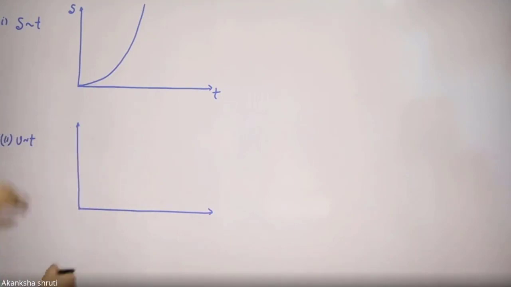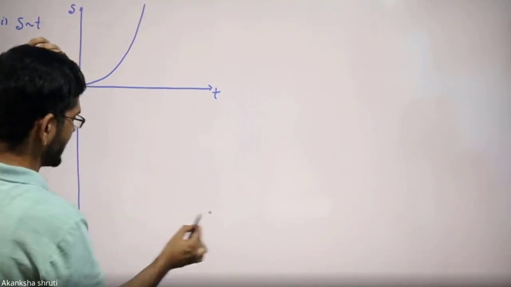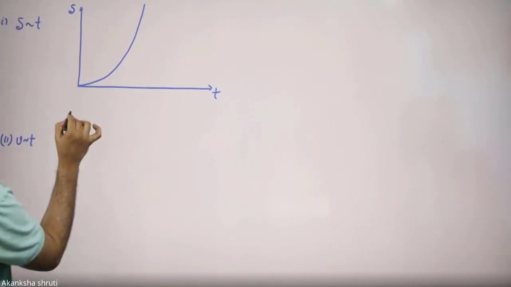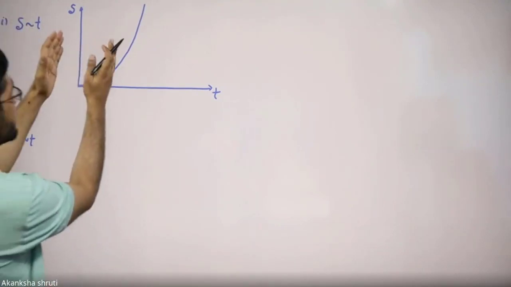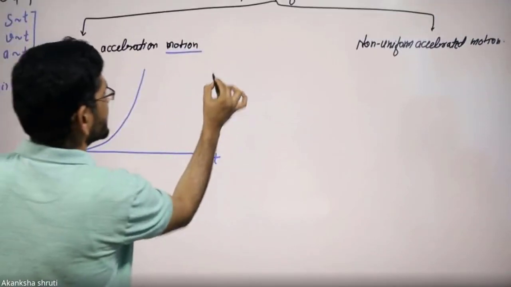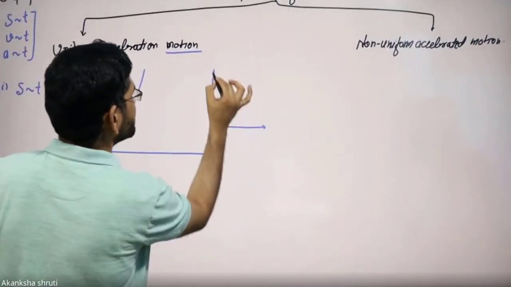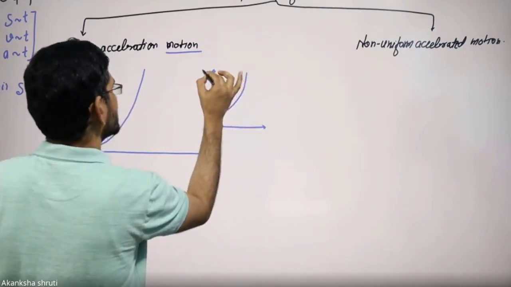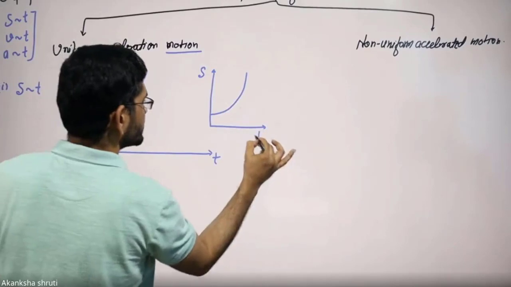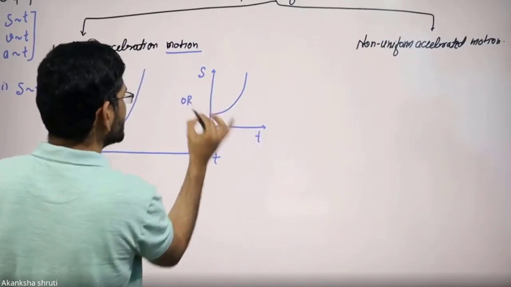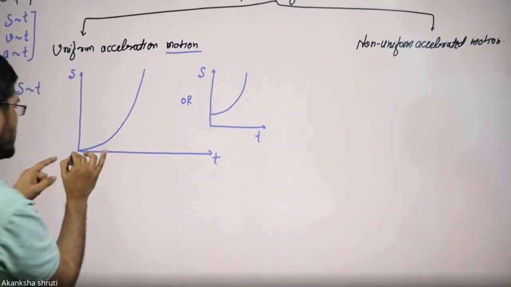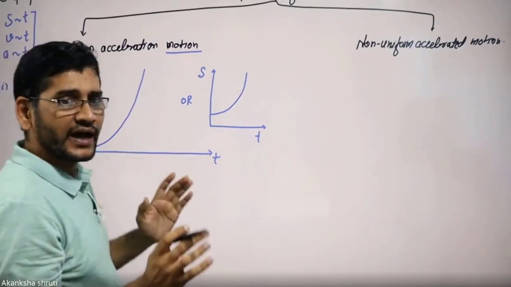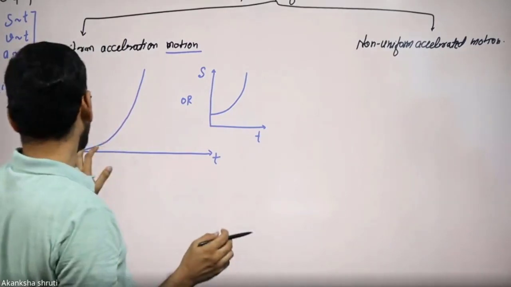So students, again keep in mind this velocity time graph. The two things we have to consider: either this, or it can also be of this kind. Students, if the body has started from a certain distance, then it can be like this one also. Both mean the same thing. So the starting point need not match with the origin. It matches if the observer and the body in motion are at the same place.